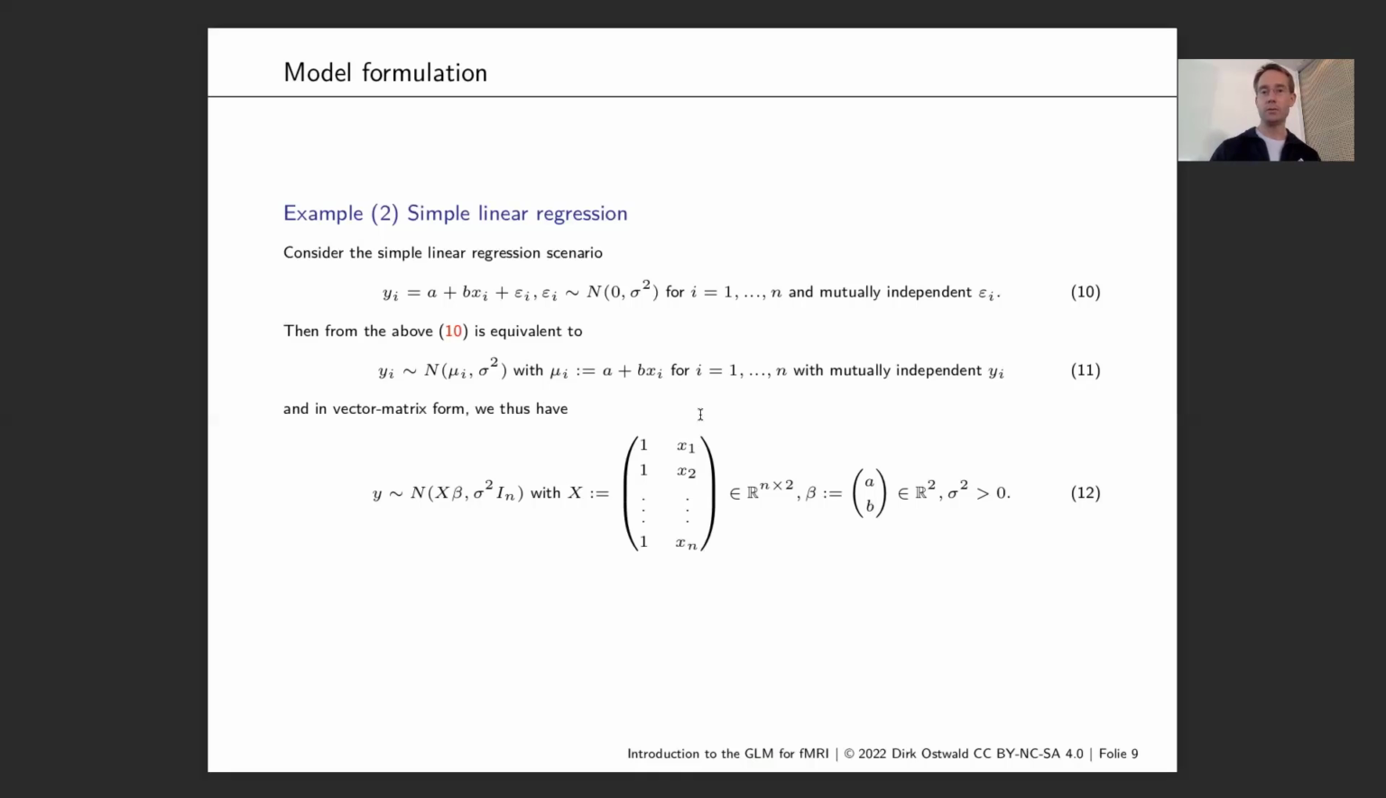Now, if we then multiply this, going over rows, 1 times A, x1 times B, we get for y1 A plus B times x1. Then for y2, we get 1 times A plus x2 times B. So we have our x2 times B plus A. So that's the design matrix form, and the parameter form, of course, that encodes a simple linear regression